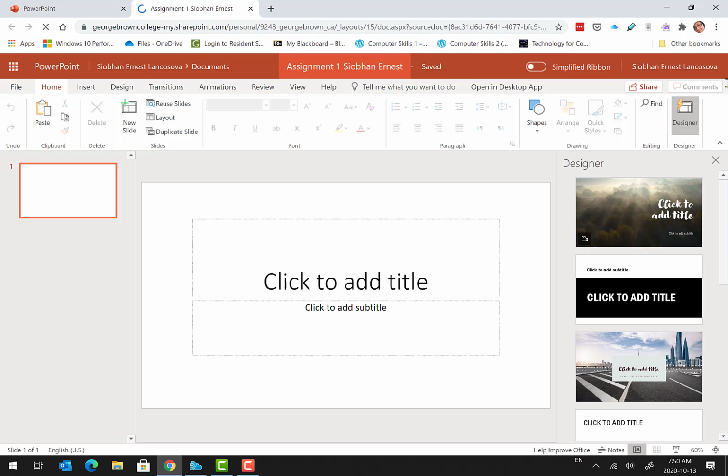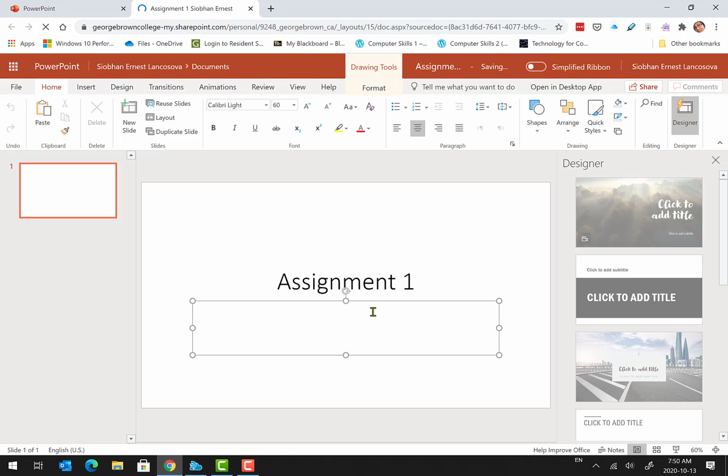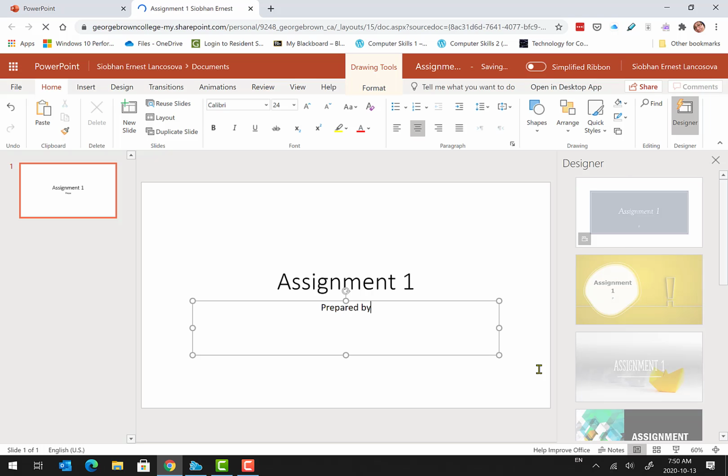So the instructions have images of each slide, and so I'm going to be copying the information from the slide picture in the instruction file, starting with the title, Assignment 1, and in the subtitle field, prepared by and then student name, your name,